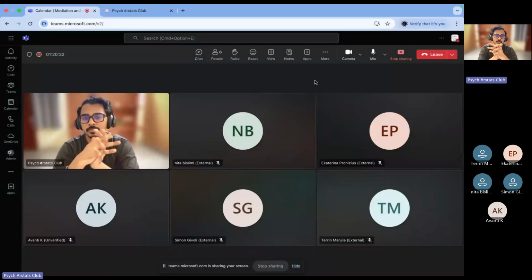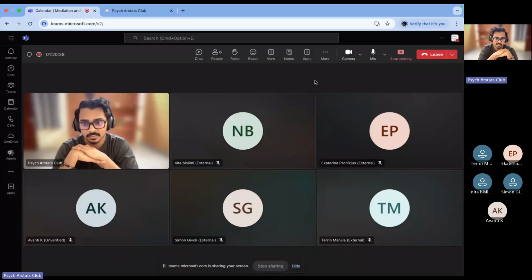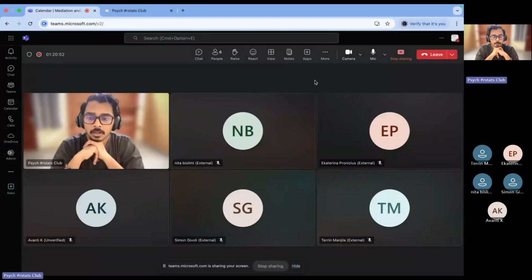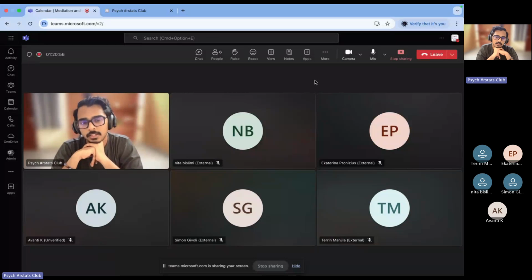But on the other hand, platforms like JASP and Jamovi are also engineered in a way that pretty much makes it easy for you to get things done. So the contrast that you're talking about, I have never used JASP for mediation moderation analysis. Earlier, when I was in college, I was using SPSS. But after I graduated, I've been using R. So I think the best approach is to go with R,